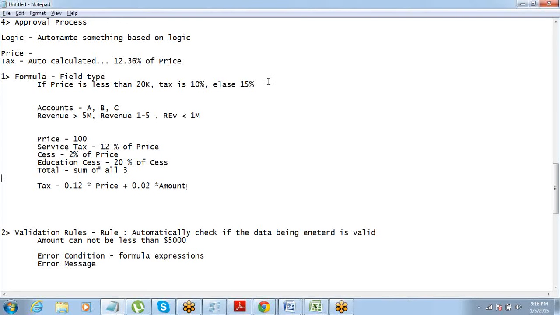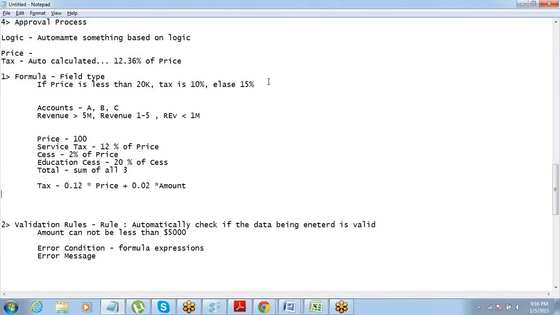Got it? So if we have to add tax into the price, then another field is required in the object, the sum of all these things, and again one more formula will be added. So for total you need one more field, right? You need this field, then this field, then this field, and one more field to do a sum. Then only a breakup can be shown. We want to show the breakup, right? If you need breakups, then you need fields. If you don't need breakup, then club everything in one field.